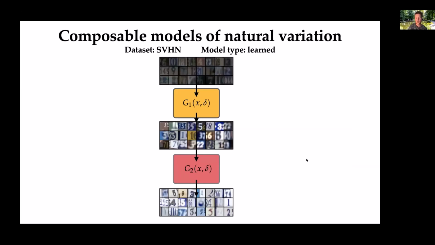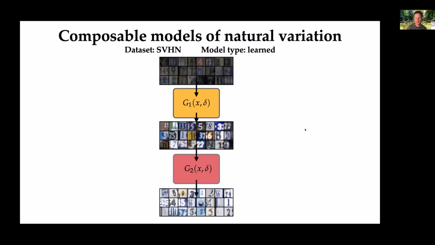But what makes this challenging is I might not have data in my target domain that has both, say, high brightness and high contrast. I might only have access to data that has either one or the other of those two. So if our goal is to test our classifier on data with these two different kinds of natural variation, and we don't actually have data for both of these together, what we can do in the